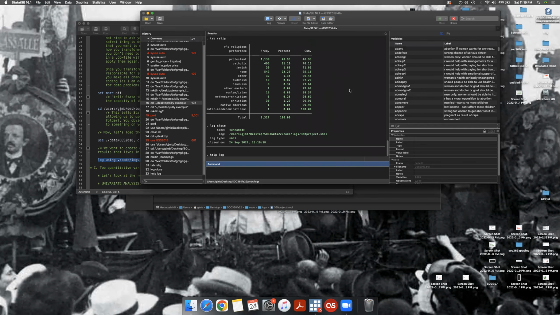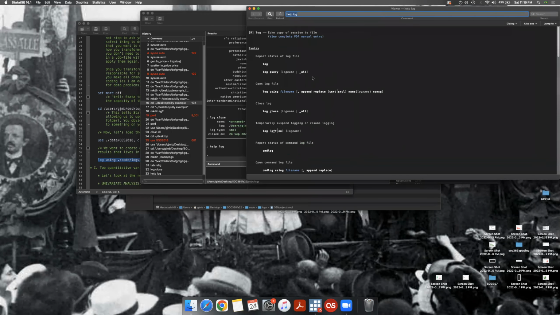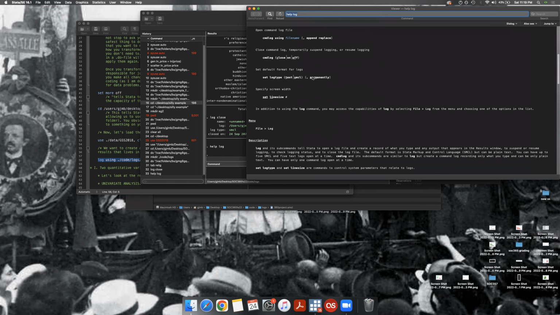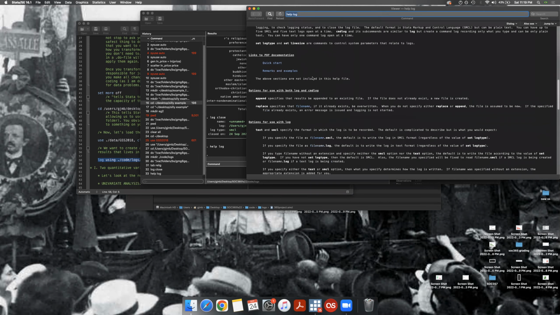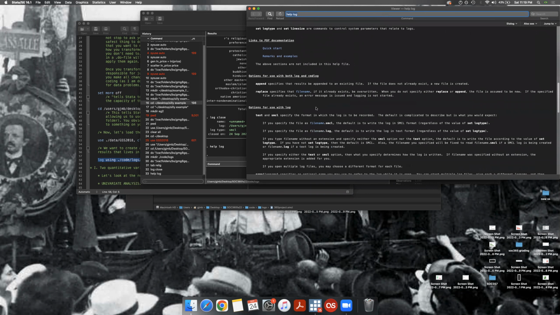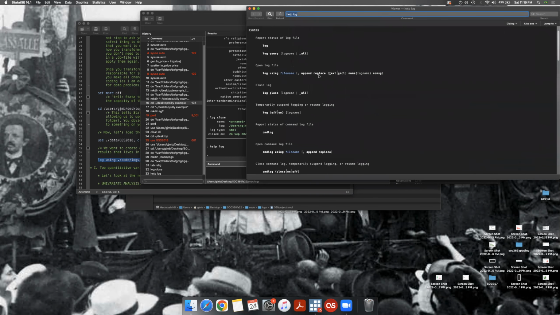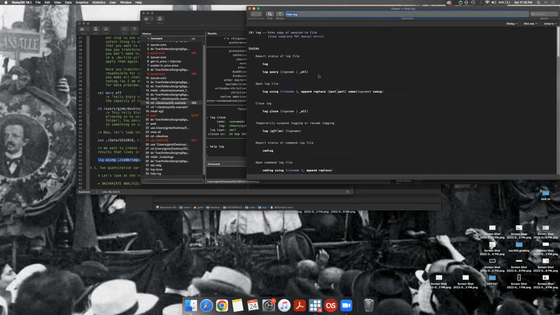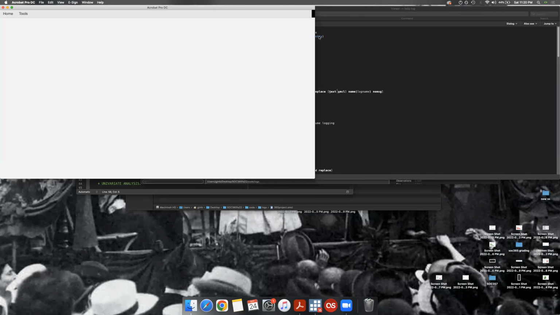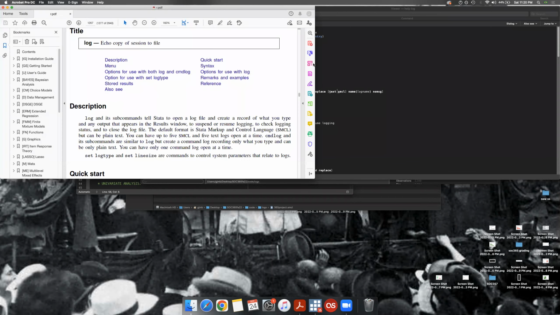So you can actually pull up the help file for logs and see that there's, if you come down here, by the way, this is somewhat deliberately a nice way to just show you how a help file works, because those are very helpful. So these are great. One nice thing about Stata that is an improvement over many pieces of free software, which also have their own advantages, is that Stata has really extensive help files. They're oftentimes very beautifully written. So many of the people that write them have an excellent style. They're very convincing. They read like good textbooks, as opposed to a lot of things you might find in fora